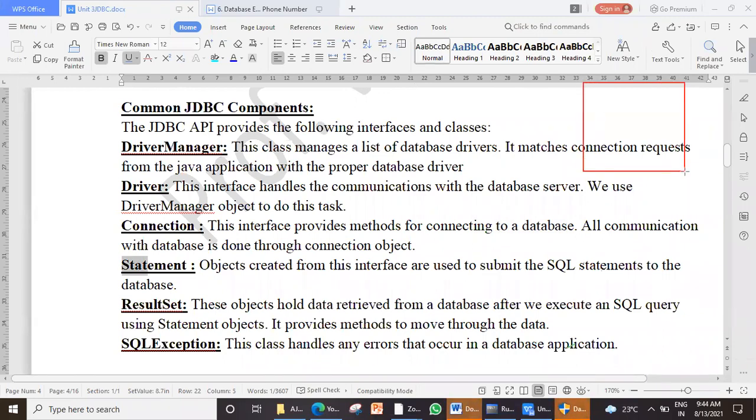This is your Oracle. Inside Oracle, you might have multiple users, like in the lab itself, you have created your own user. There could be multiple tables and multiple databases. So suppose your database is somewhere here. First, you have to connect with Oracle. So who does that job? Driver manager. Clear? Driver manager and in fact driver both together just connect to this outer wall.